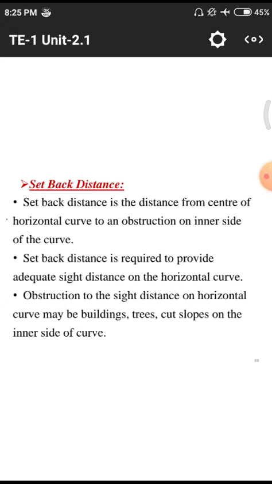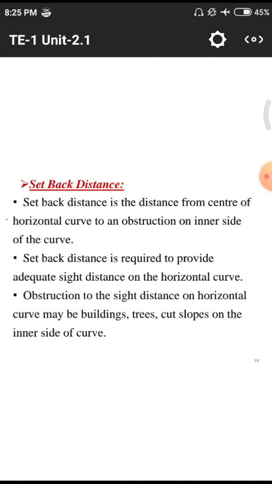That means this setback distance is entirely related to our second chapter, sight distances. Whenever we want to overtake a particular vehicle, we need to have these sight distances and extra widenings on that particular portion of the transition curve we previously discussed. In those curves having extra widening, we need to use this setback distance.